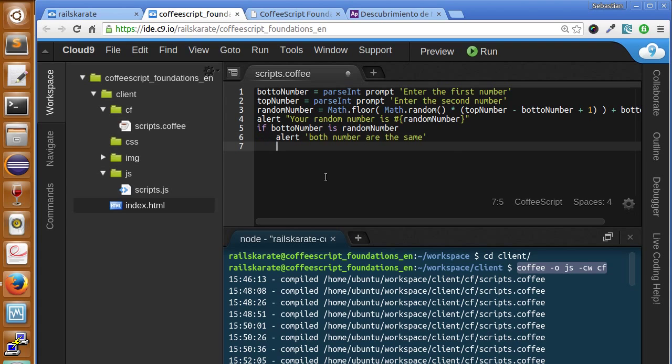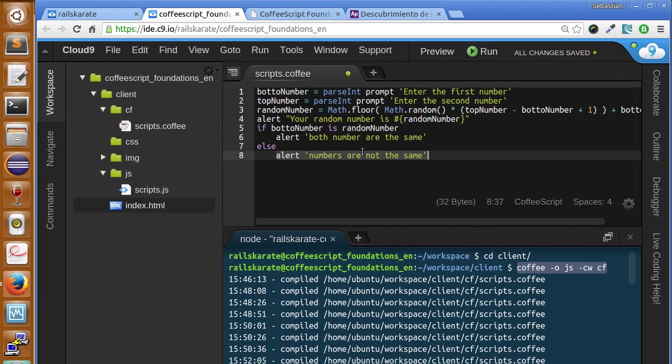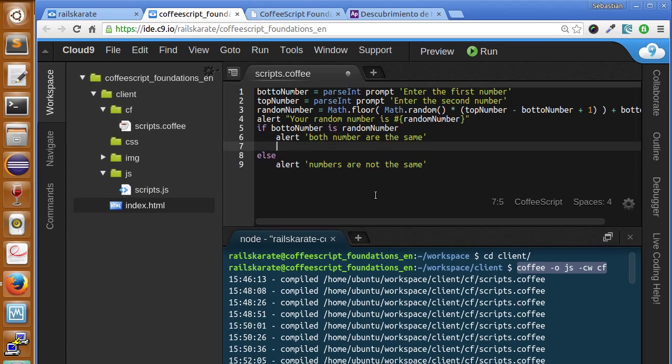condition. So let's see, else alert numbers are not the same. Okay, so in case we fail this condition or this is false, we go to the else statement. That's it. And lastly, we also have something called an else if statement that allows us to